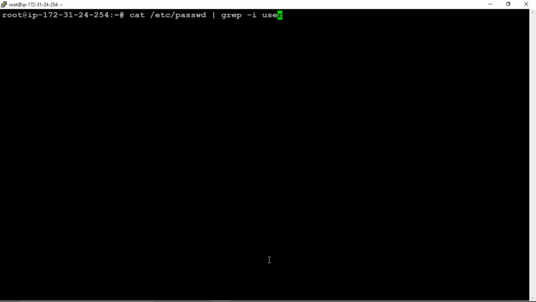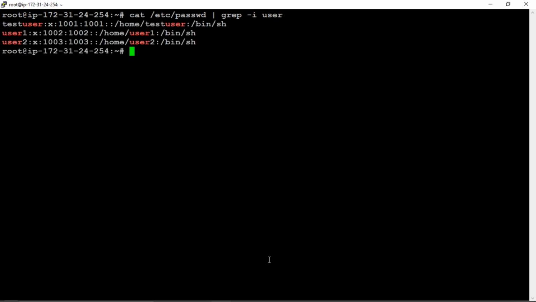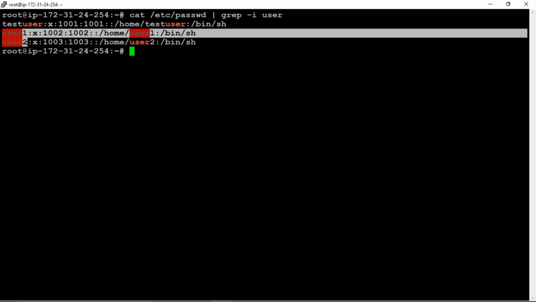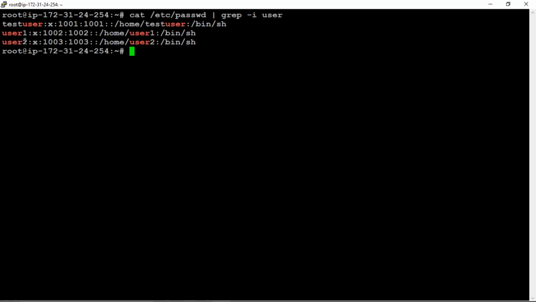Now here, one more command I wanted to do. This is the output, right? Now I just wanted to print only the headings, I mean the first fields only. So test user is the first field, x is the second field, then the third, fourth, fifth, sixth and seventh, up to that. I just wanted to print only the particular field. How can I print that?